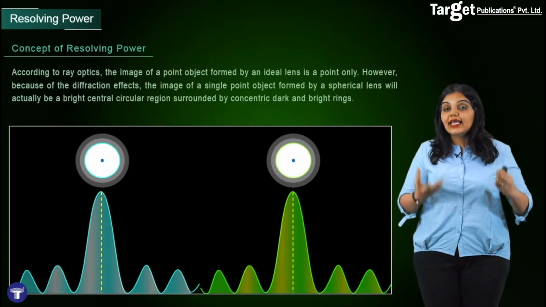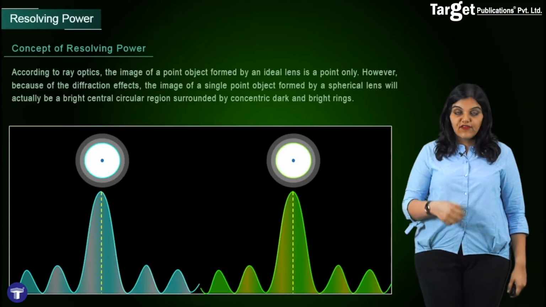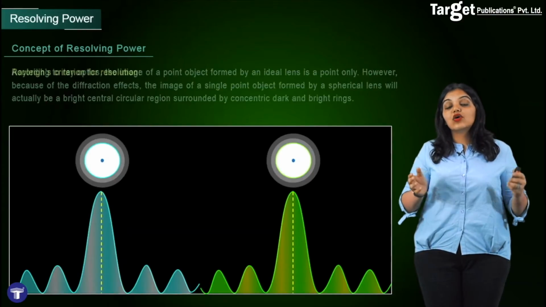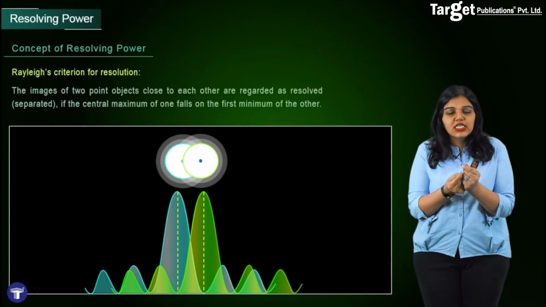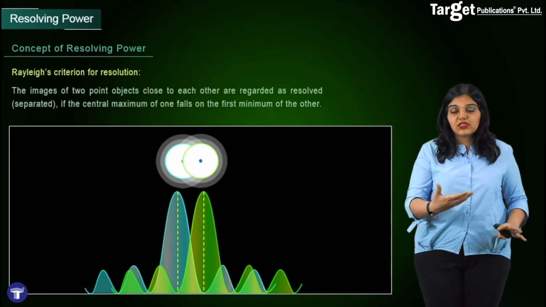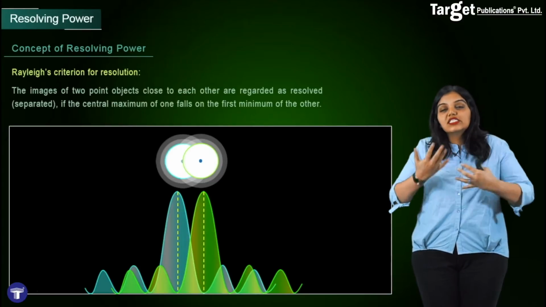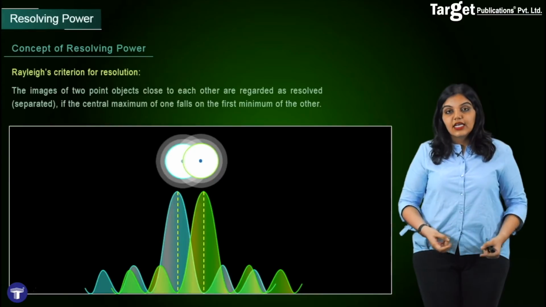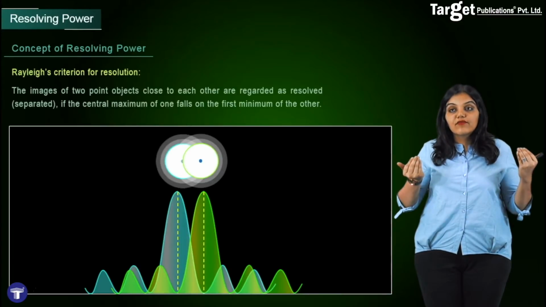But as you can see, we did not get two sharp points as the image. We got these bright round discs which occupy some space. Of course, their intensity curves are also plotted just below the image. Which means that if I bring these objects closer and closer to each other, even though the points themselves are not touching each other, their discs begin to overlap. And because of this overlapping of the discs, the images of these two objects also merge with each other, and we can no longer see them as two separate objects, but we start seeing them as one single object, even though the actual points themselves are not touching each other. So diffraction tells us that because the images formed are because of diffraction,